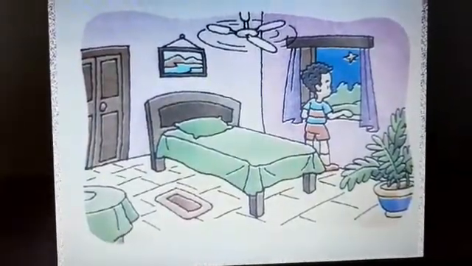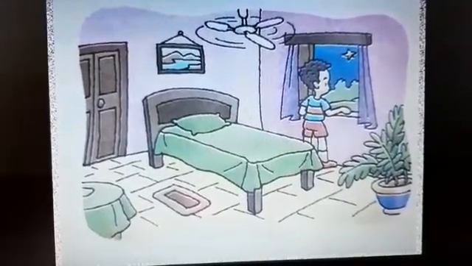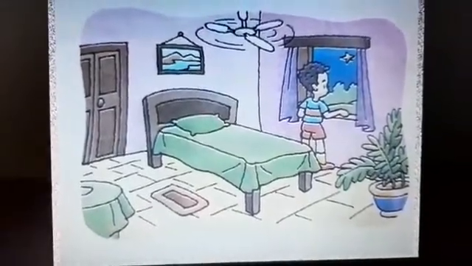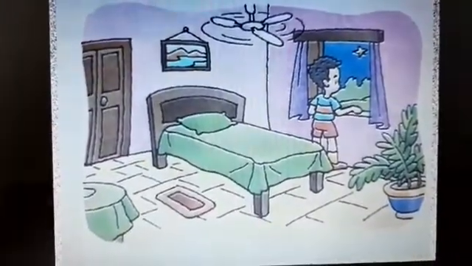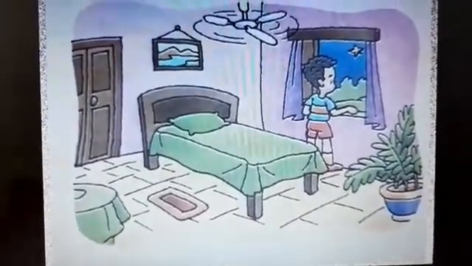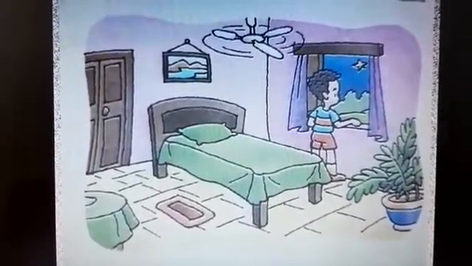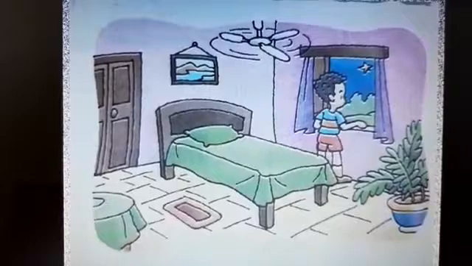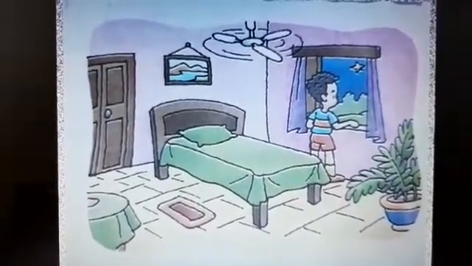So the room is cool. And there is a boy. You all can see in your English reader books, page number 15. There is a boy. His name is Tom. Okay? And he lives near the zoo.